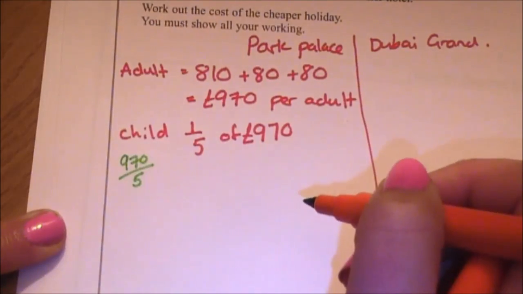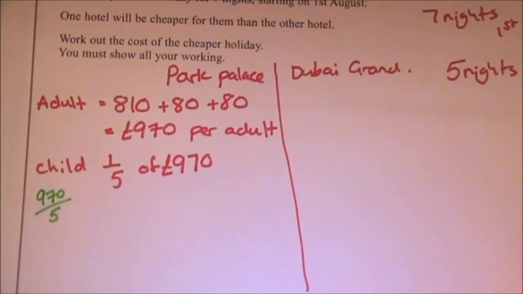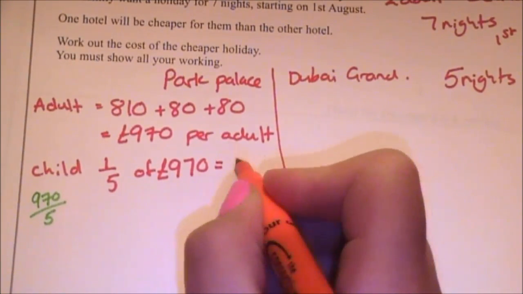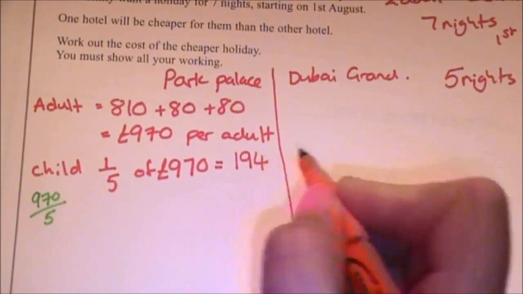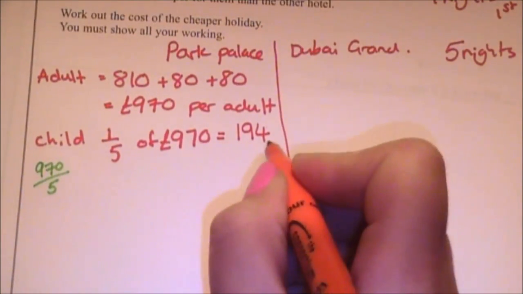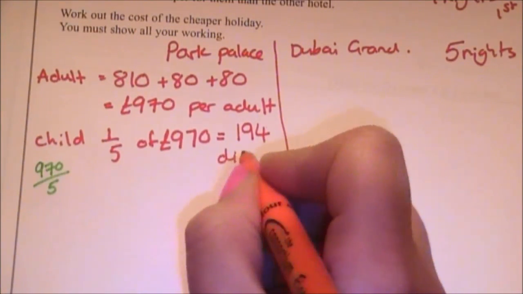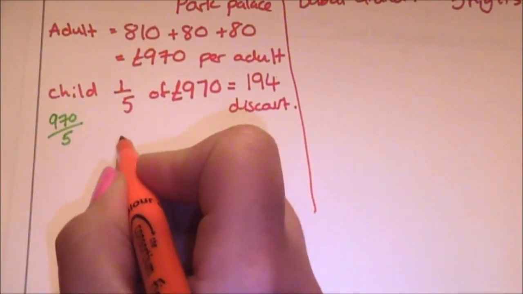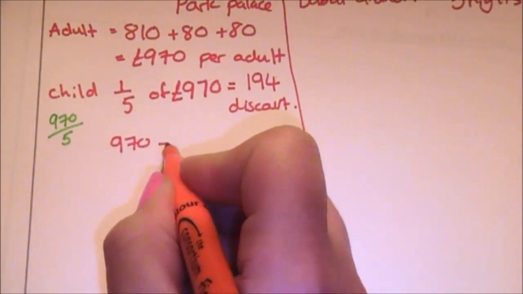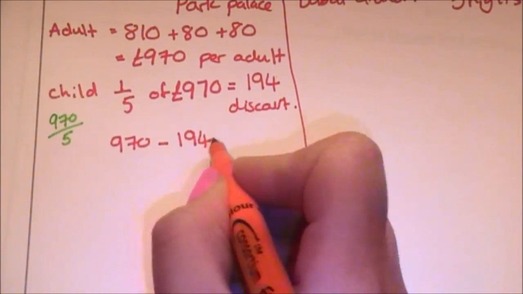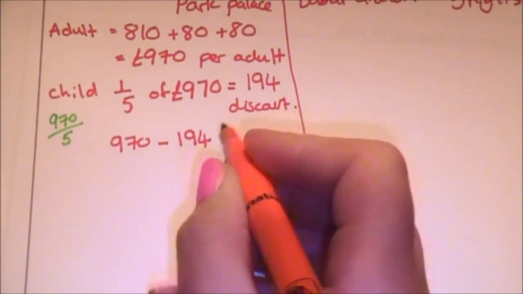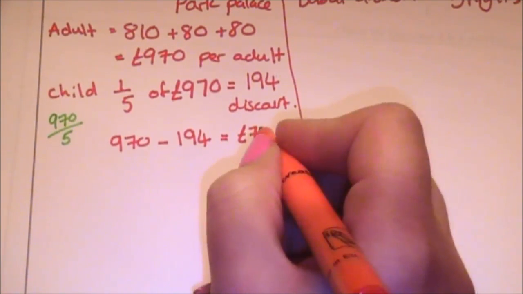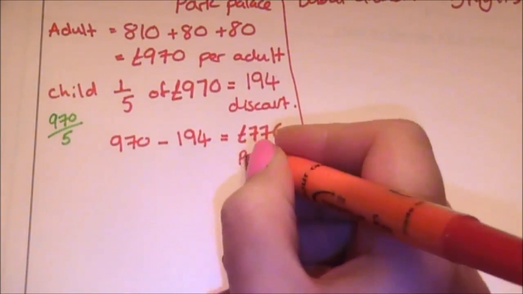Use whatever method you need to for that, bus stop or chunking, but I know because I worked it out earlier that the answer is 194. But that's not the cost of a child, that's the discount. So what I need to do now is take my adult price, which was 970, and take away the £194 discount, and that leaves me with the cost of a child being £776,